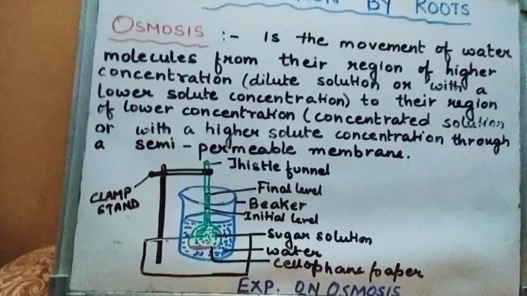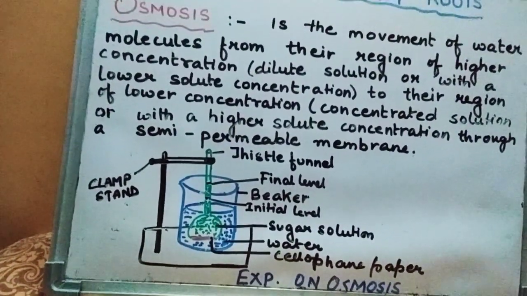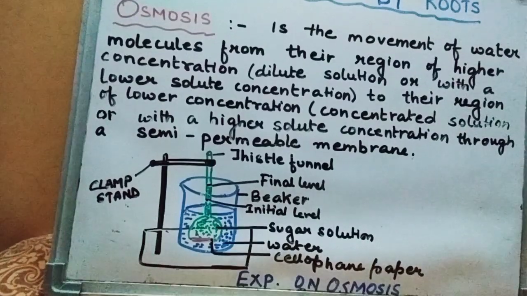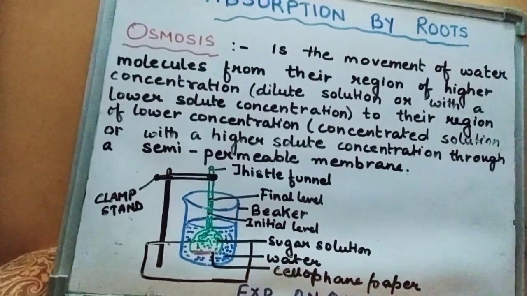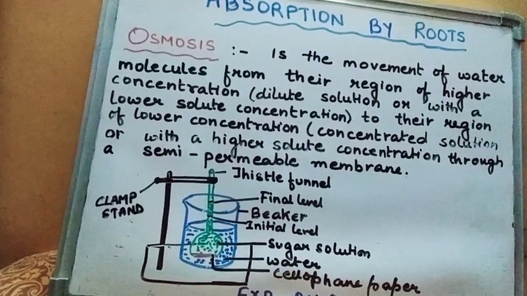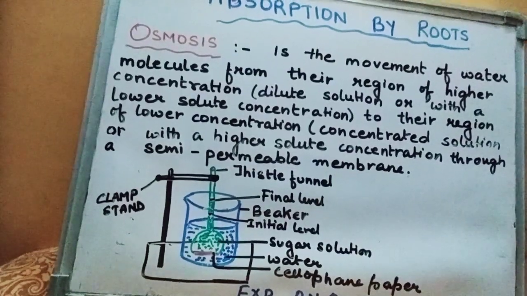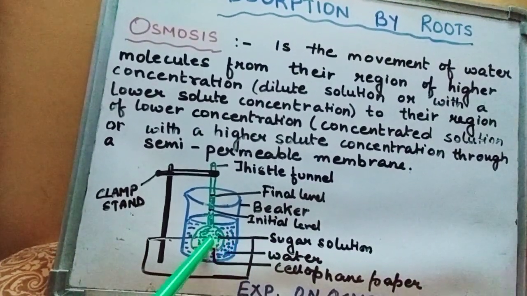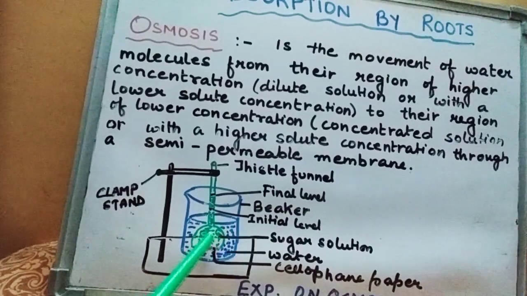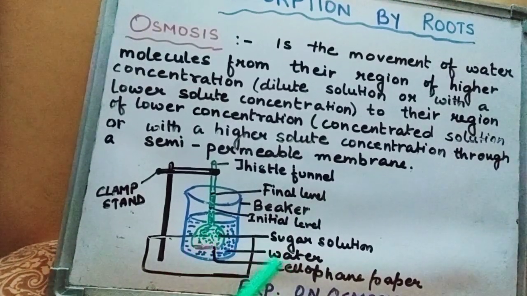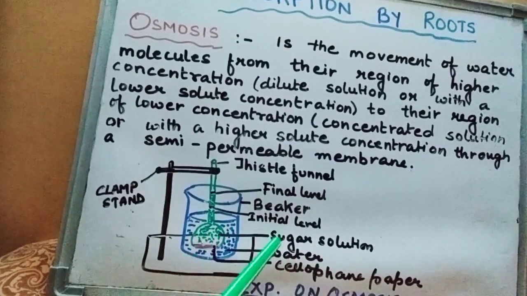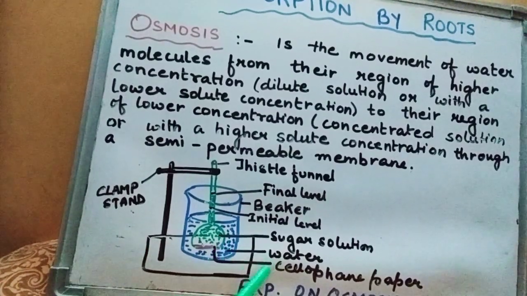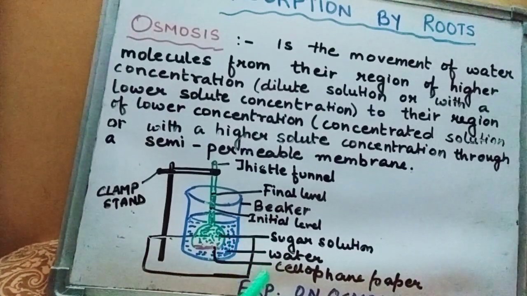So this is the most important experiment of the thistle funnel. Here the two solutions could be either water or sugar solution. It could be any other form of solute solution, not only sugar solution. In place of water also there could be any other solution which is less concentrated than the solution present in the thistle funnel. So they can take here 10% sugar solution, and in the beaker they could take 5% sugar solution. In that case also the